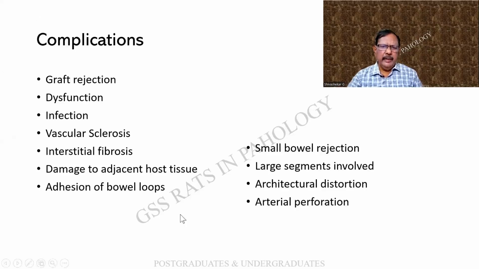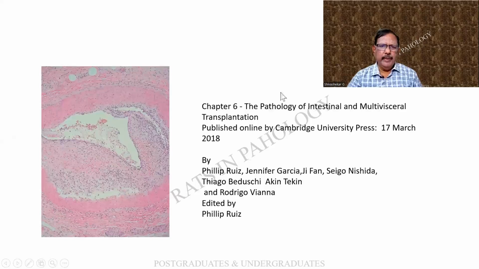In addition, this has been demonstrated in the bowel. There can be a small bowel rejection which can involve large segments, architectural distortion of the crypts, etc. And there can be perforation of the blood vessels. See what is happening over here. This is from, thanks to this particular reference. So there is a loop of the intestine which has undergone this, and a blood vessel over here. There is an R.A.T.S that is there, and there is a necrosis. And when it comes to the loop of the intestine, there can be the addition of the loops as well as branching of the crypts. There can be perforation that is possible.